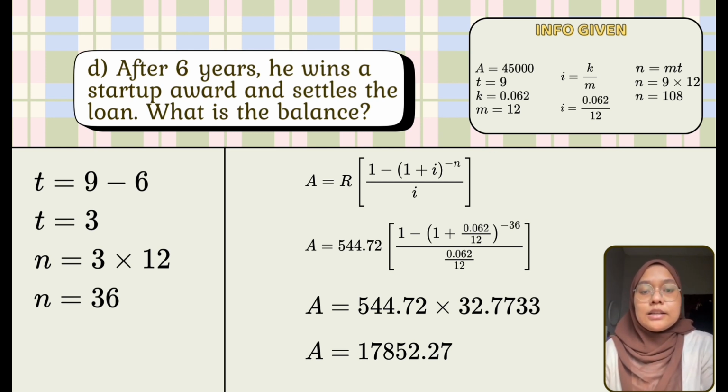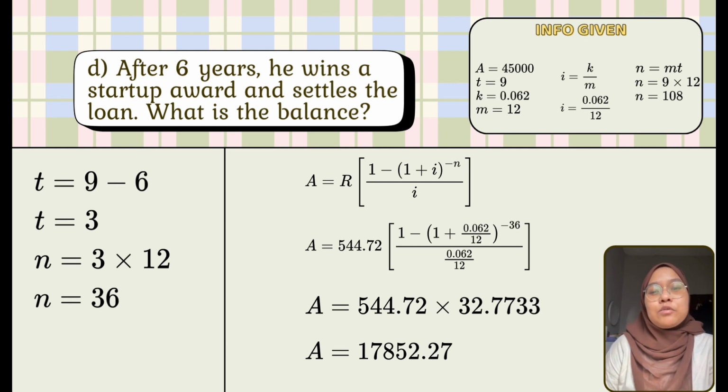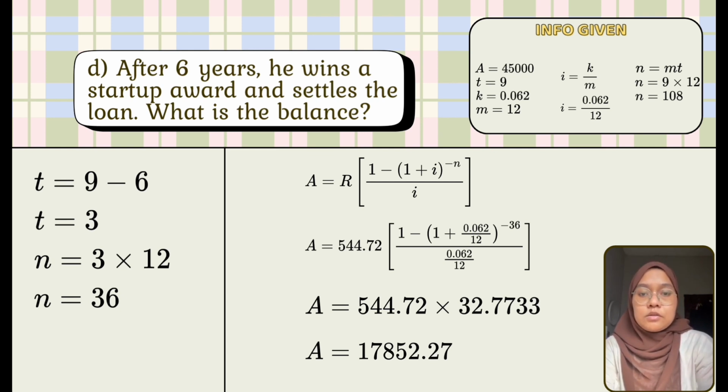The last question is, after 6 years, he wins a startup award and settles the loan. What is the balance? In this question, the term of investment is changed to 36 since the number of years is reduced to 3 years after he wins a startup award. We use the formula of present value, which is present value A is equal to periodic payments R times 1 minus parenthesis 1 plus periodic interest rate i parenthesis and the power of negative term of investment, which is n, divided by periodic interest rate, which is i. Note that we need to use the new term of investment and insert all the information given. The balance that he needs to pay is